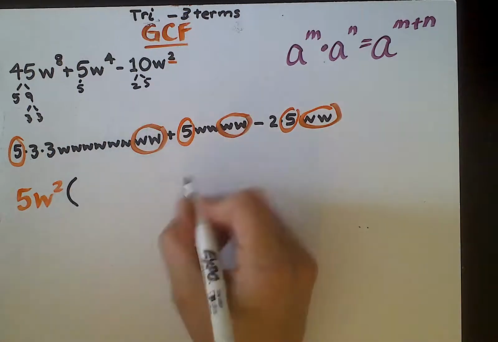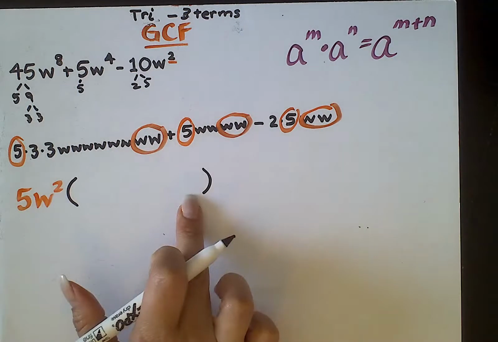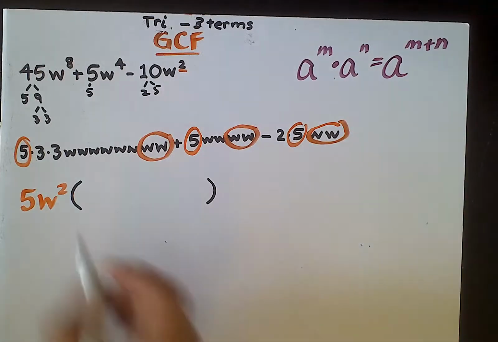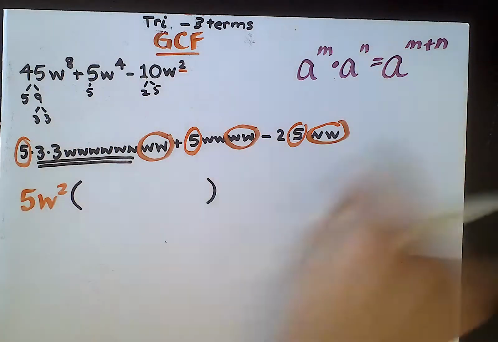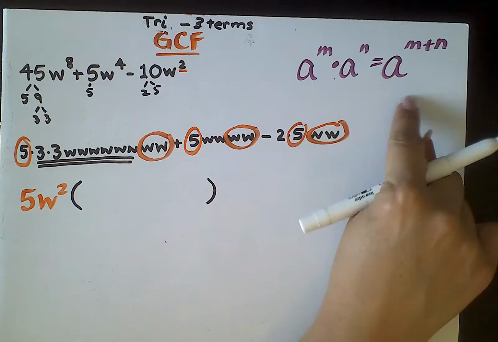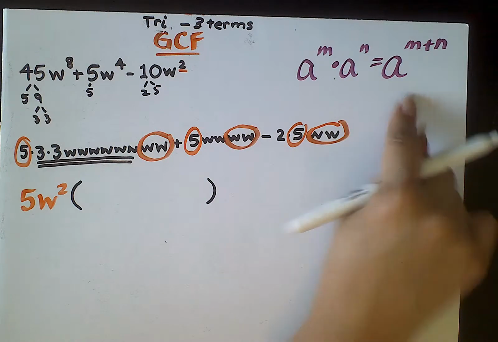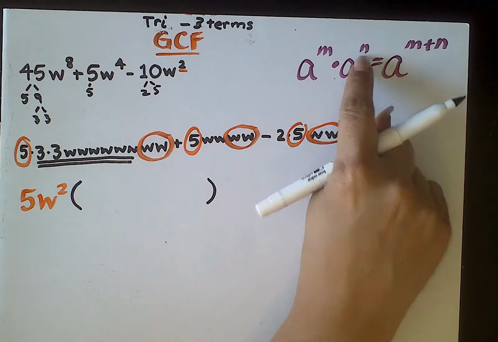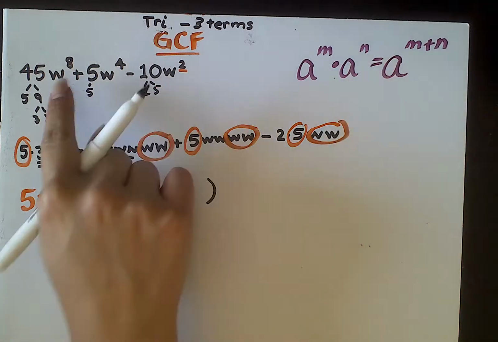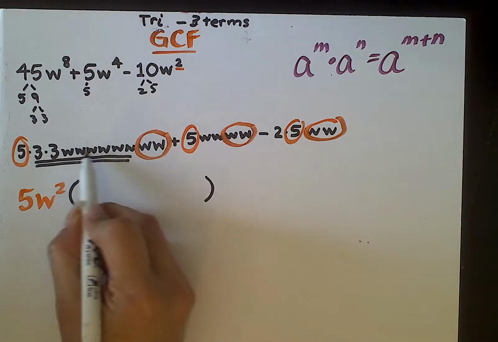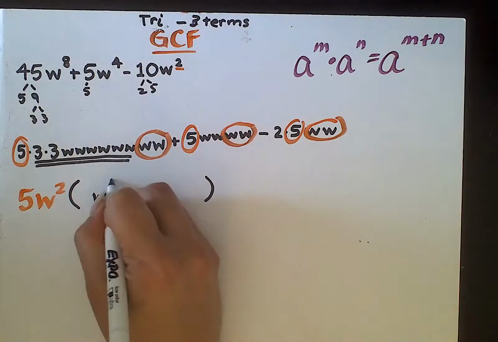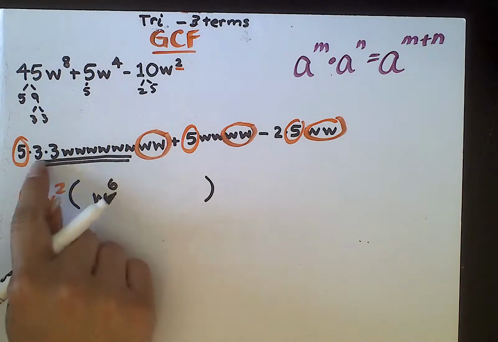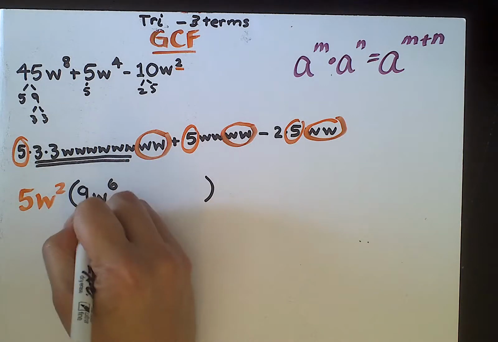Now, remember, I have a trinomial. That means inside of my parentheses, I should have 3 terms. So I'm making it a little bit longer here. Now, if you look at this exponential law, since I already know that this is a 2, I'm saying something plus 2 should give me 8. And you should see 1, 2, 3, 4, 5, 6. So that means W to the power of 6. Now I also have 3 times 3. Please be careful, that is a 9.